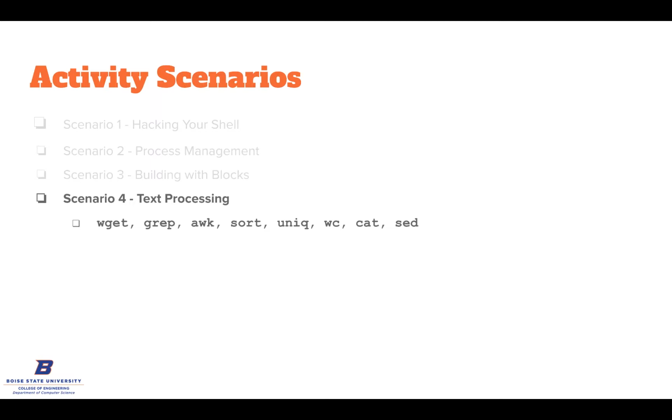So what you're going to do as the final scenario, the final program that you write, or the command that you write, it's going to be a big long command, is you're going to find the top 5 albums from a music playlist sorted by the number of tracks within the album. So we're going to give you a CSV file that contains artist, album, title, duration. You're going to have to use all these commands and pipe them together to find the top 5 albums by